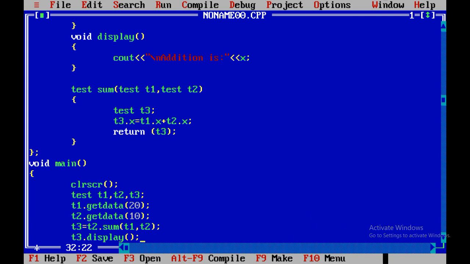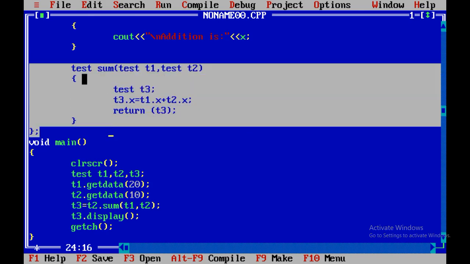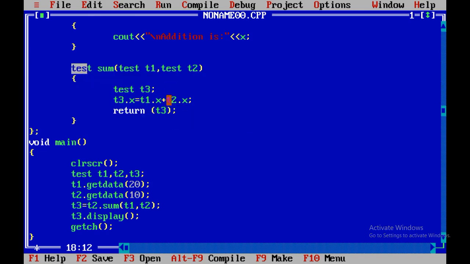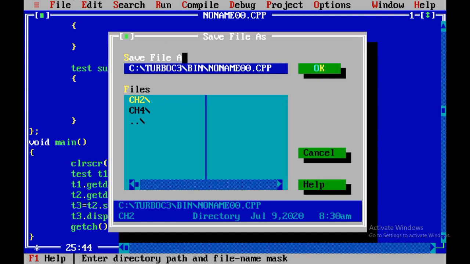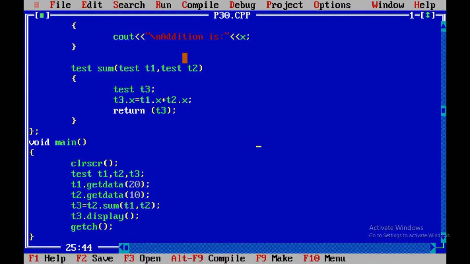The given code is what you get if you have referred to the previous videos on UDF. We have already seen different kinds of UDF. This is exactly the same as whatever functions we have declared using UDF. But over here our concept is that the following function returns the object instead of value. So I have declared the return type of sum as test because it returns an object. Now let me save the program as number 30. It is already there, but make it overwritten.